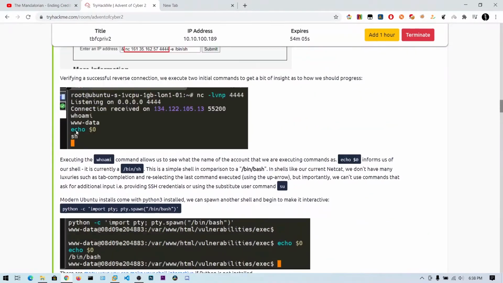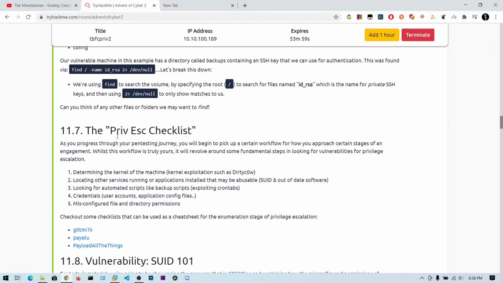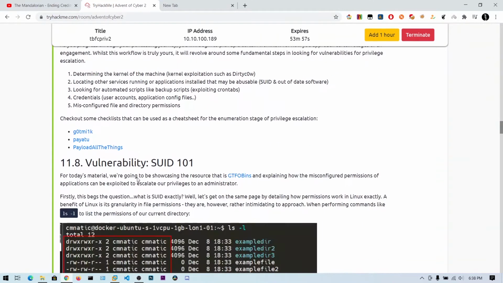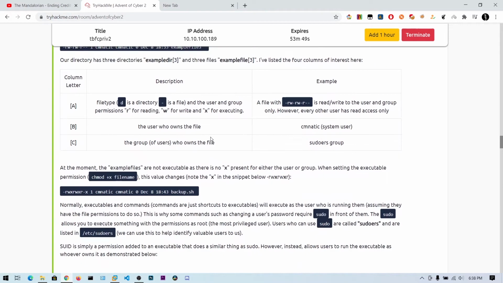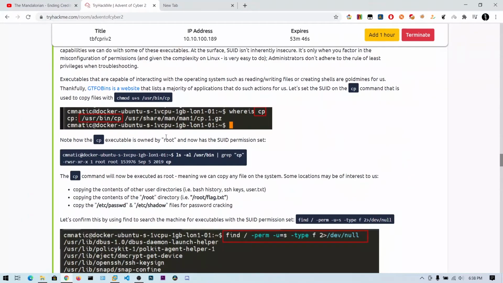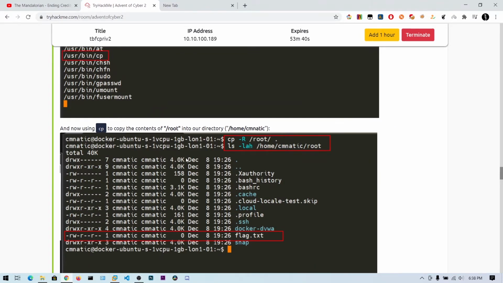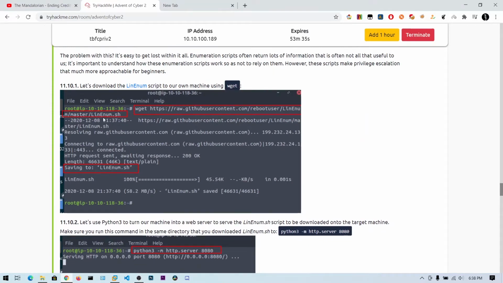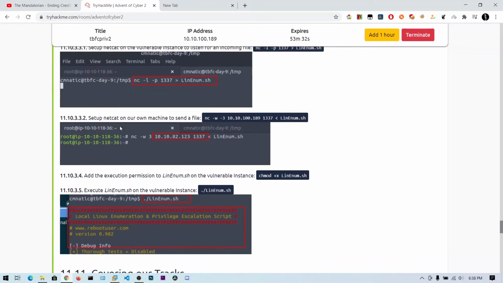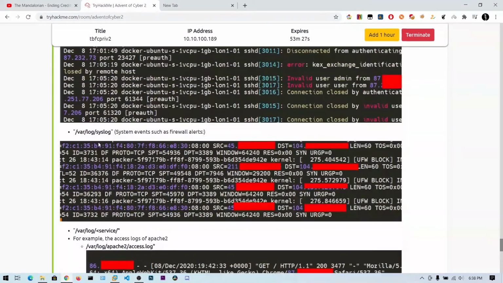Here you can see the theory they have given. You can check out this theory, and there is this privilege escalation checklist. These are the resources related to Linux privilege escalation. You can also check GTFOBins, which we'll be checking later. They have also given this find command syntax to find the SUID binaries. You can also upload scripts like LinPEAS or LinEnum, etc. And finally, deleting the logs in /var/log. So this is about the theory.